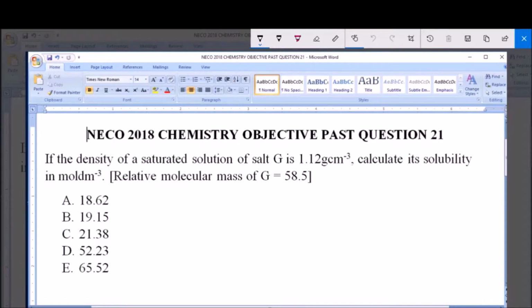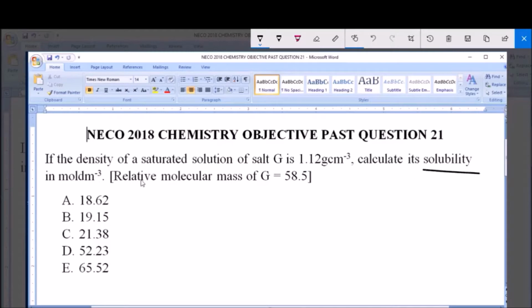If the density of a saturated solution of salt G is 1.12 gram per centimeter cube, calculate its solubility in mole per dm cube. Now, given that the relative molecular mass of G is equal to 58.5, A, we have 18.62, B 19.15, C 21.38, D 52.23, and E 65.52. Now we're asked to calculate the